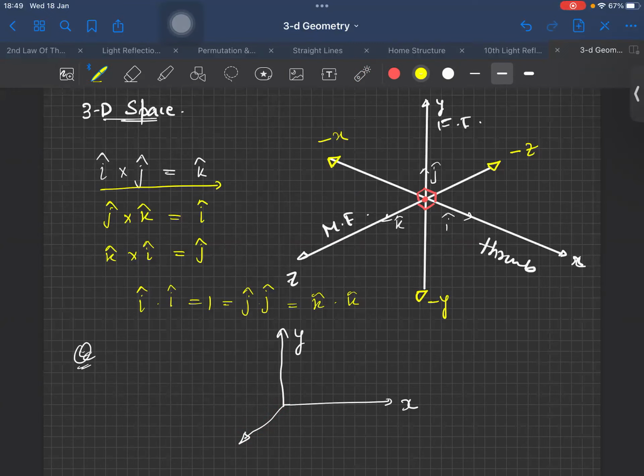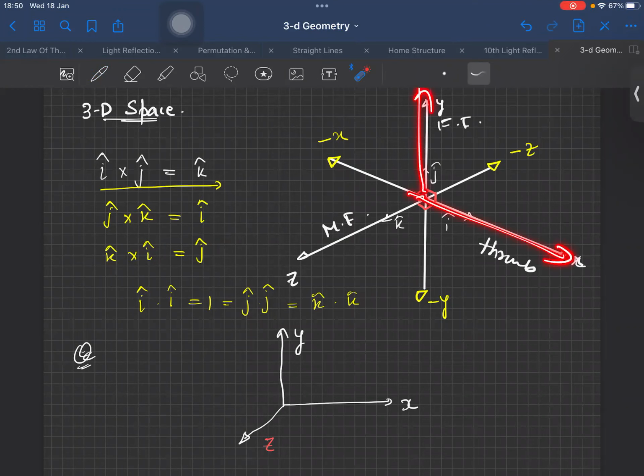See, keep your palm on x-axis and rotate towards y-axis. All right, the direction of thumb will give you the z-axis. So which direction is that? This will be positive or negative z? Anyone? Negative. No, it is positive only, right? See, it's the same diagram. You see, check, it's the same.